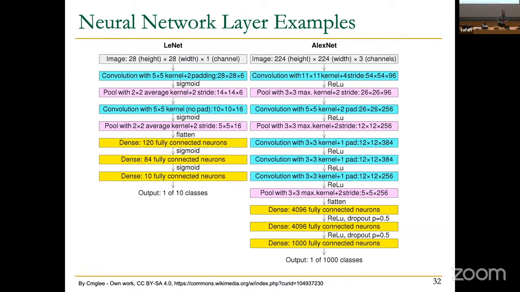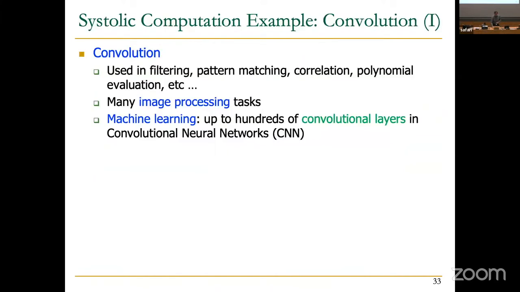There's a lot of computation, specialized computation. Let's design specialized accelerators for this. And you can read more about neural networks. You can see that there are a lot of convolution layers, but there are also other layers. So other layers are also accelerated in specialized accelerators today, some of them. Okay, now let's take a look at convolution, because I'm going to use this to describe systolic arrays.